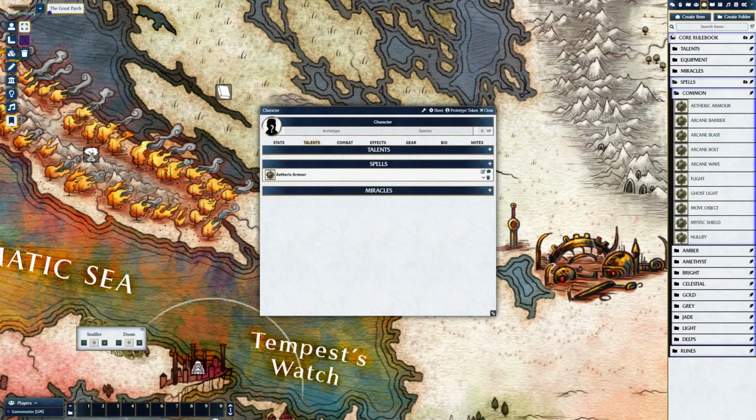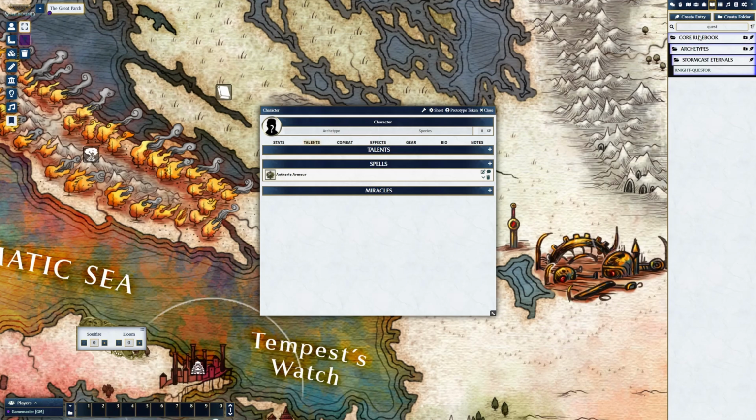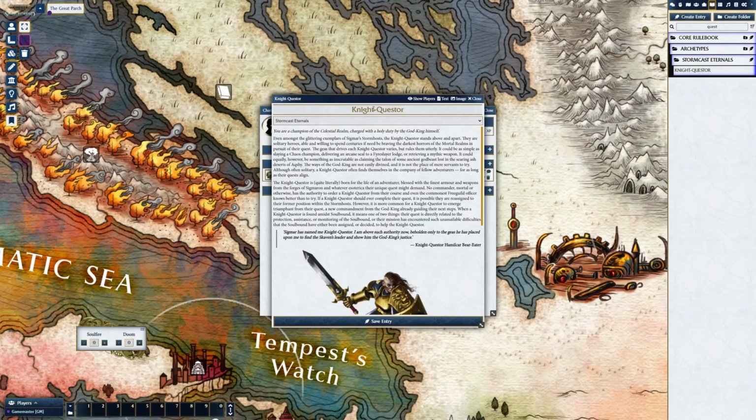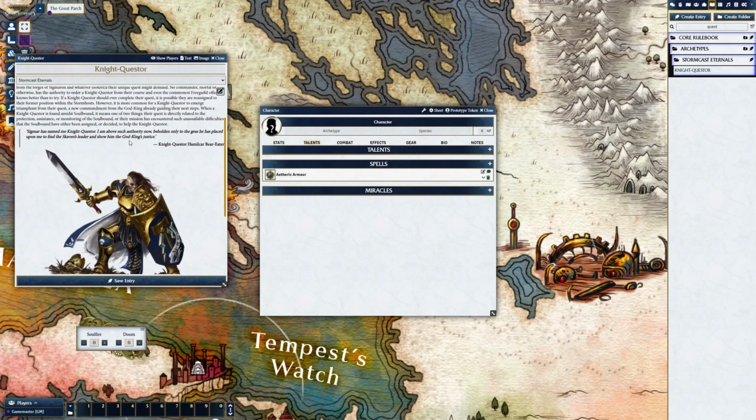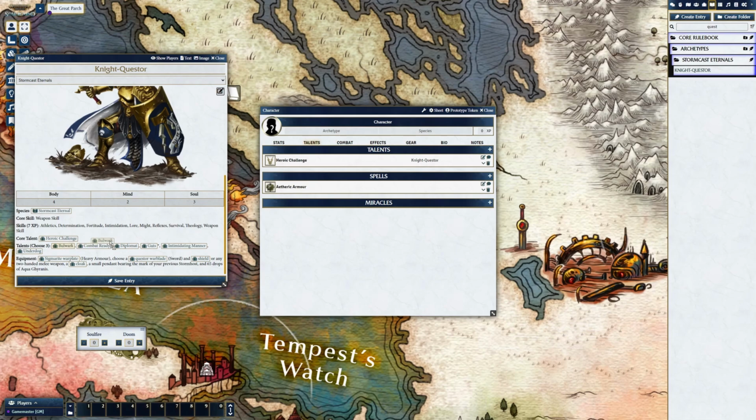In fact, let's take a look at an archetype journal entry to outfit our character. Opening the Night Quester, we can see many different hyperlinks to journal entries or items. Dragging from here is the same as dragging from the sidebar. I can see we get Heroic Challenge as a core talent, as well as 3 listed talents here,